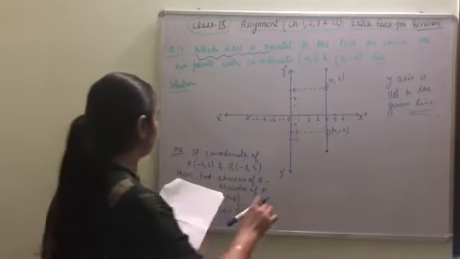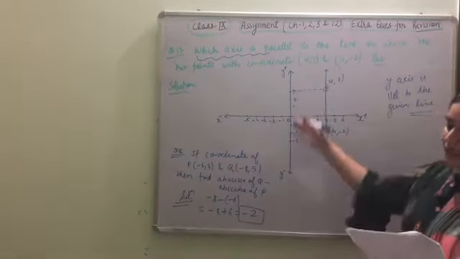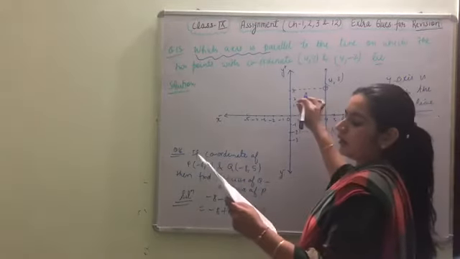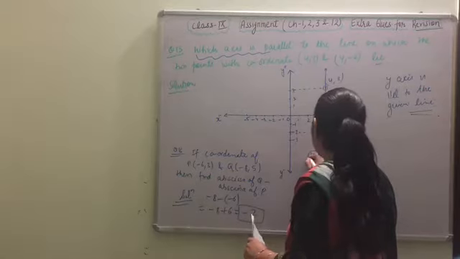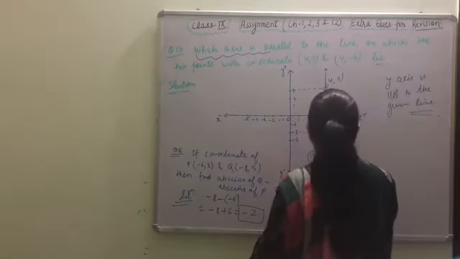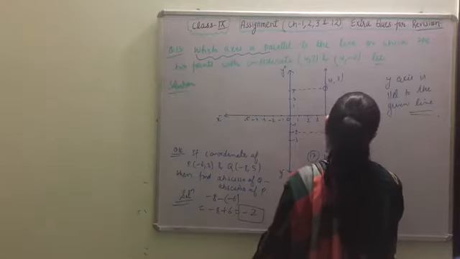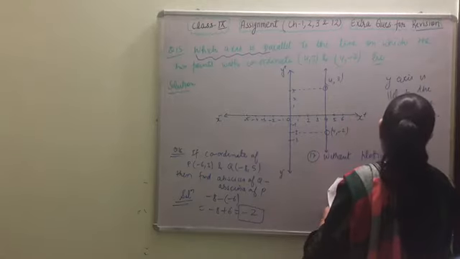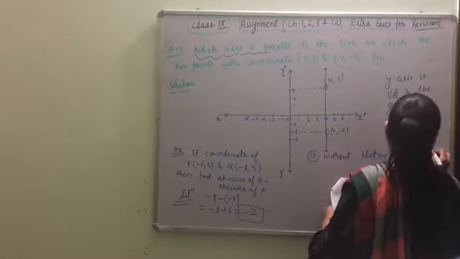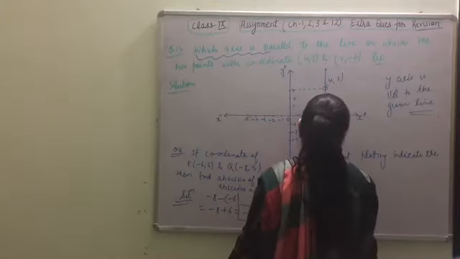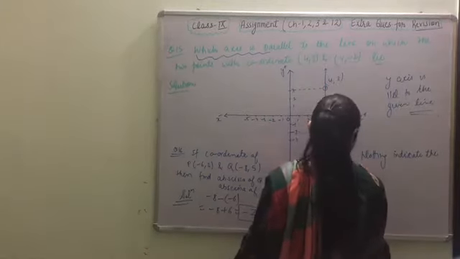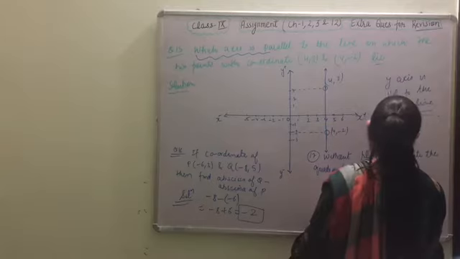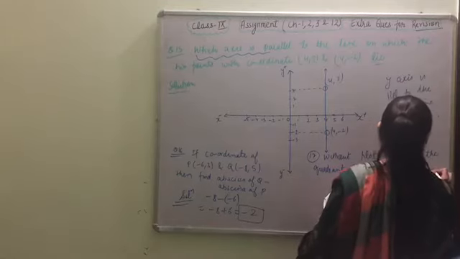Now question 17 also we can do with the help of this Cartesian plane. The Cartesian plane is already there, I am not drawing it again. Here I am writing the statement over here, it will be easy for you. Without plotting, indicate the quadrants in which the given points will lie.